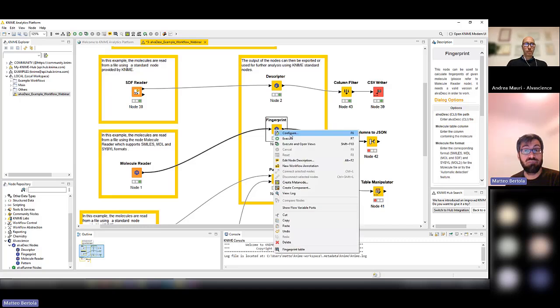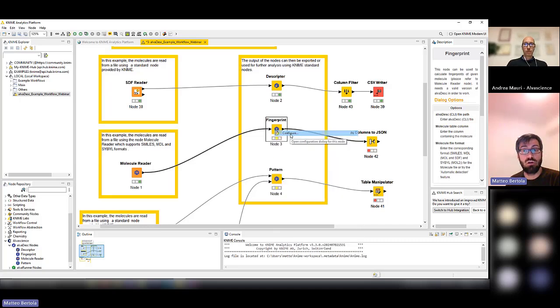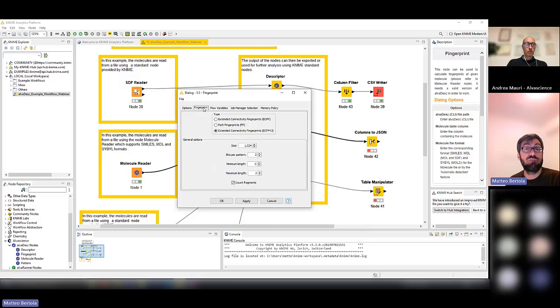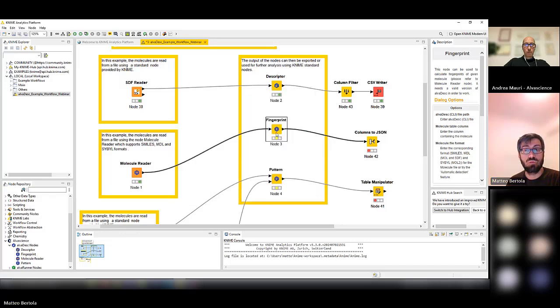Let's have a look at the configuration of the fingerprint node. In the first tab, we have exactly the same options. And then we have a fingerprint tab that allows us to select which fingerprint we want to calculate and some options related to the fingerprint. These are basically the options that Andrea showed us inside the graphical user interface. We can execute